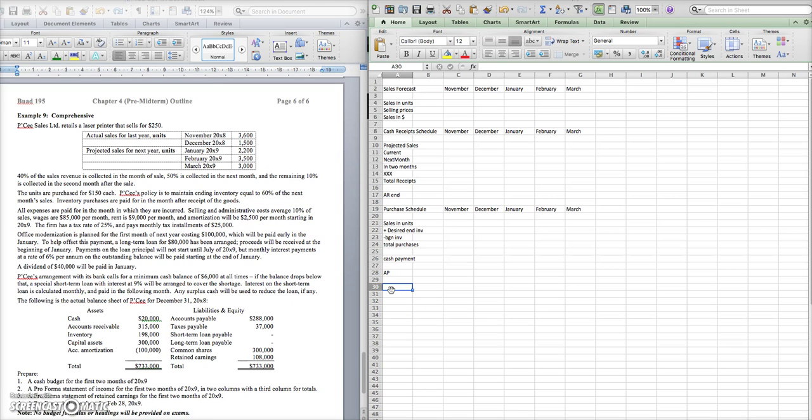We're probably not quite ready to do that yet because we also need to do our payment schedule. So there we are. Payment schedule. And we will want to include a few things. The payment for our purchases, which we will drag from above. Selling and admin, wages, rent, tax installments,